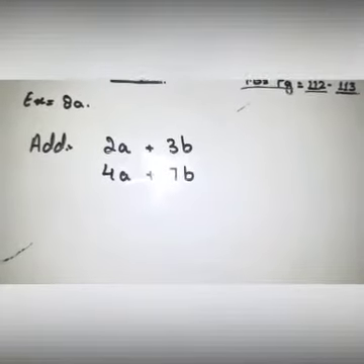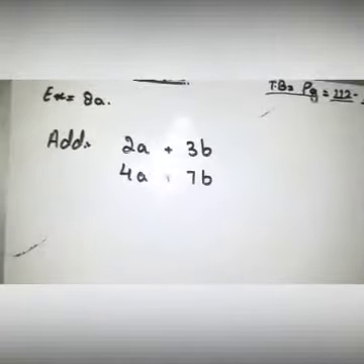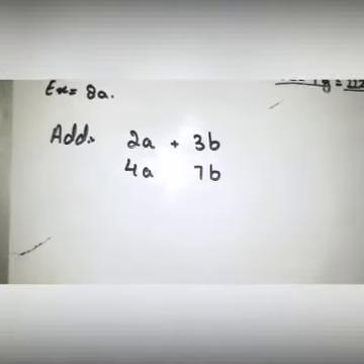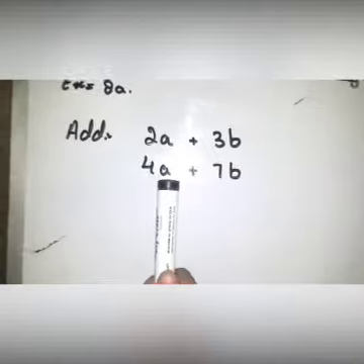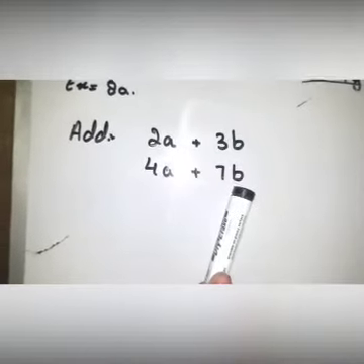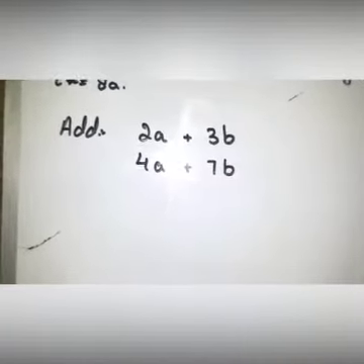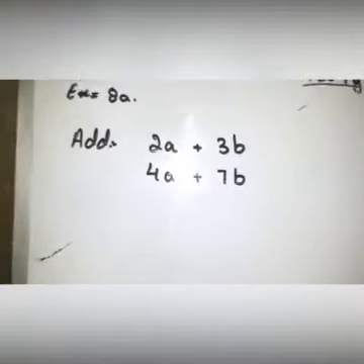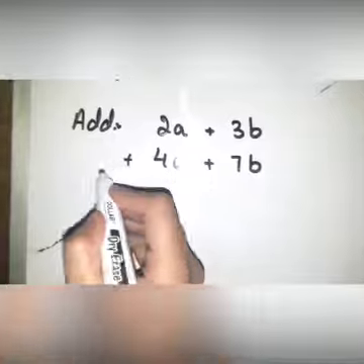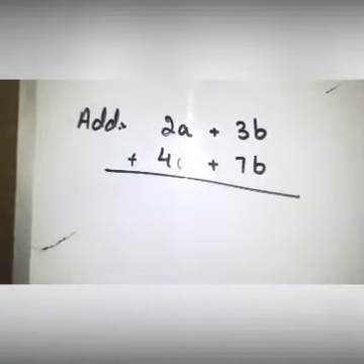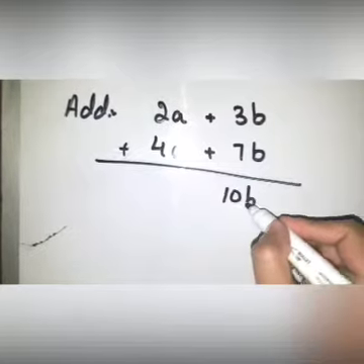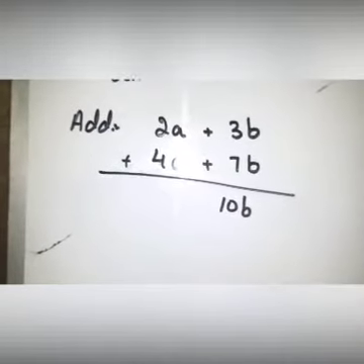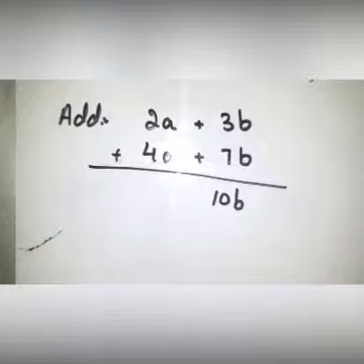Now first of all I will tell you what is the difference between a simple sum and an algebra sum. You can see the letters or alphabets here, A and B. In algebra we use the different alphabets from A to Z with the numbers. So when you add them, 3 plus 7 is equal to 10. So you will write the complete 10 here.